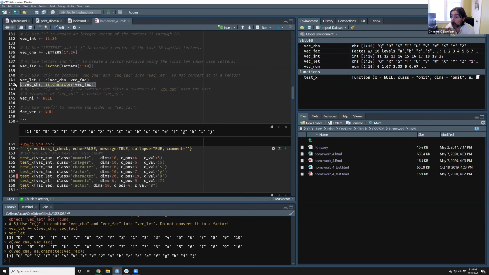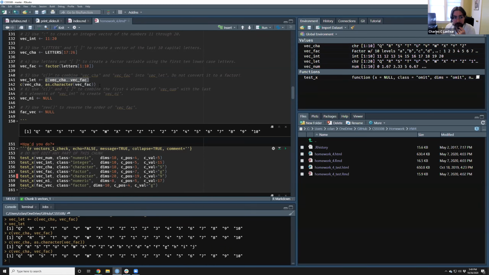This is an oddity of R, where if you want to get the labels of your factor back, you need to specifically convert it first before combining it. If you want the actual underlying levels, you just do it without converting to character. This is a weird design decision, and it's something you'll probably rarely encounter, but just know that it'll happen if you're combining a character vector and a factor vector. You probably want to convert it using as.character first. So that's just a heads up. Some people actually did that because they probably have some prior R experience and were wondering why it wasn't working. Well, I'm kind of expecting you to not know how to do that yet.